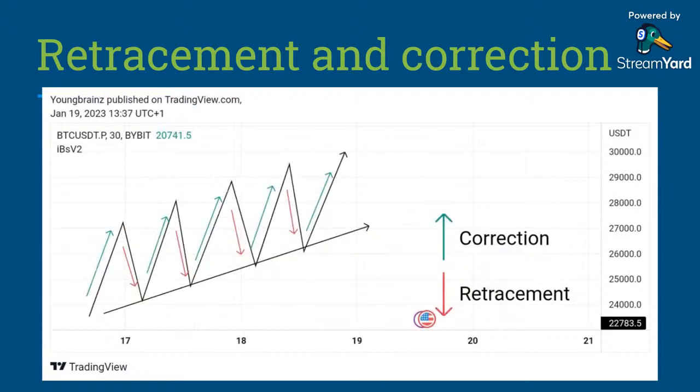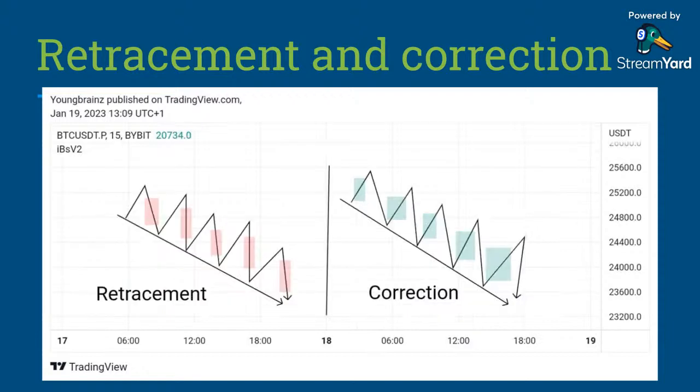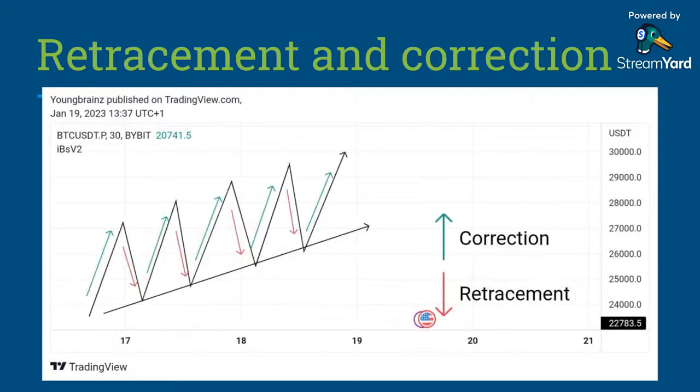Okay, so let us progress now. Now we have this one I just showed you, but it's for the downtrend. Don't worry, with time you'll understand it, but don't feel pressure if you're not getting it at this moment. You'll understand it as we progress. You can see the retracement and the correction.